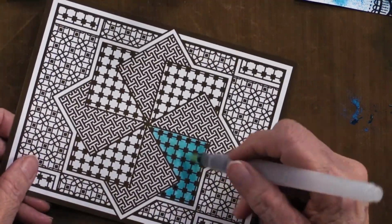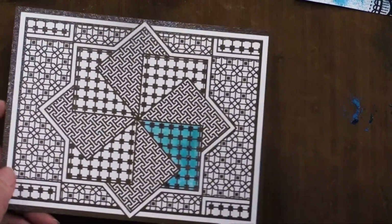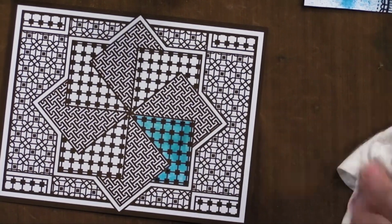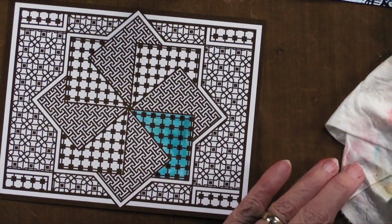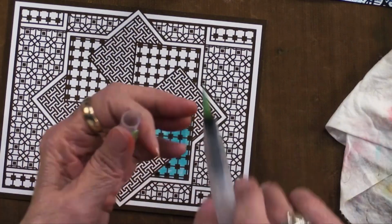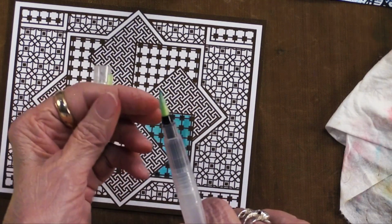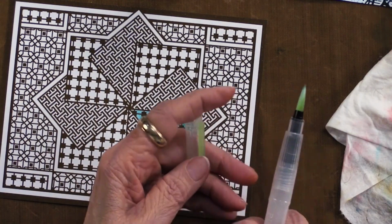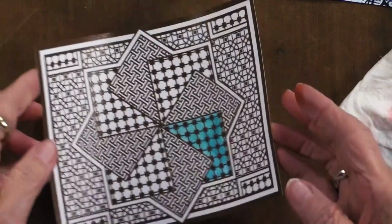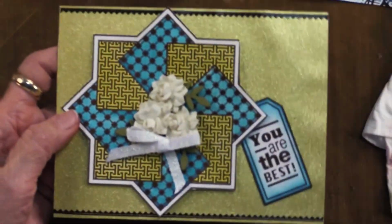Super, super easy. So you can use it just like we did the ink pads with the water brush, and clean off the water brush and clean off your craft mat and put the lid back on it. The other thing about the water brushes is the point is so nice. I mean, it just stays really sharp and pointed, which is great for filling in any area. So that's what I did. Then we had a third color of the brushed